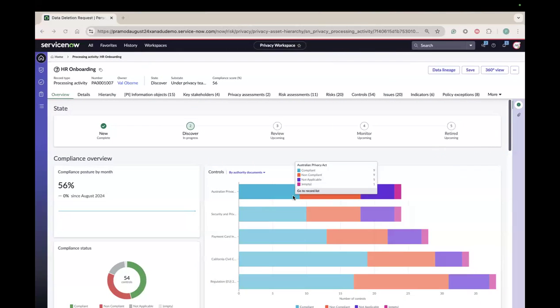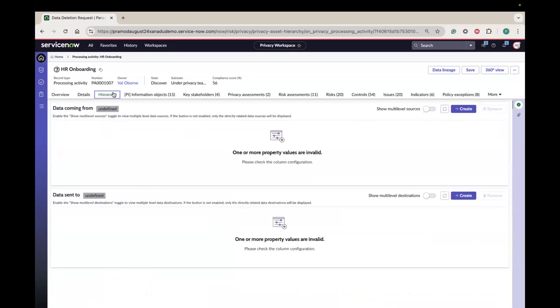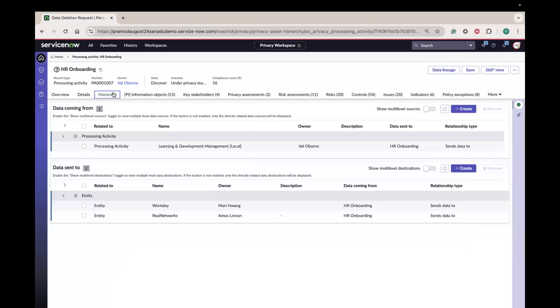So like I mentioned, data lineage primarily comes from the aspect of understanding how the data is flowing. There are two aspects to it on how the data is collected. One is on the processing activity. We have introduced a new functionality like hierarchy, where you can capture where the data is coming from and where the data is being sent to. While you do this and map these particular elements to where the data is coming from and going to,